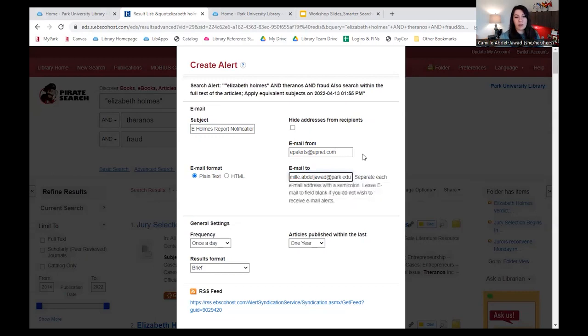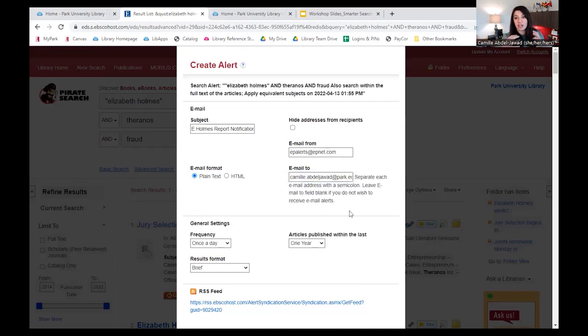But then something cool about this is that you can actually include multiple people with a semicolon. So if we use the semicolon here, we can actually invite other people or include other people's email addresses within that email alert. So if I wanted to include my colleague Danielle at park.edu,